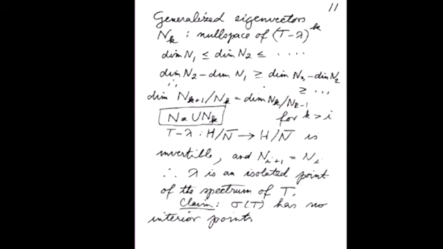Okay, now that's not all that we need to place lambda squarely in the point spectrum. We also want to look at the generalized eigenfunctions, which is the null space of T minus lambda to the square, cube, etc., and to show that after a finite number of steps, they cease to increase.